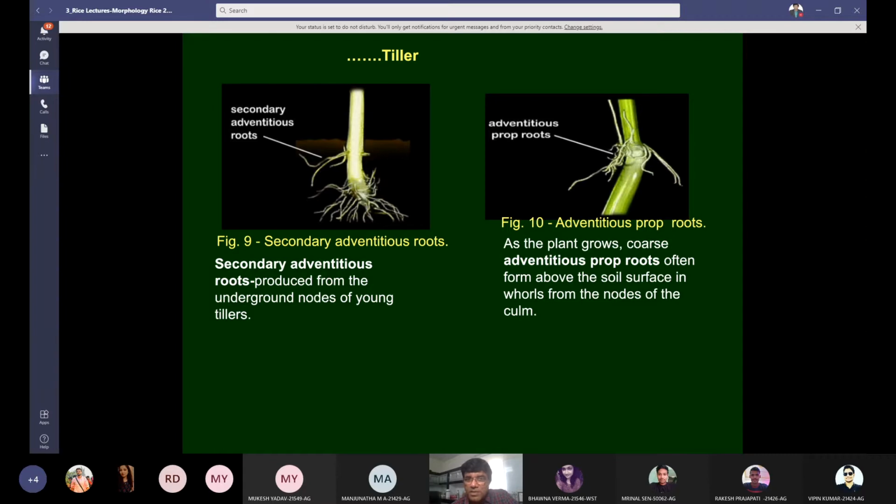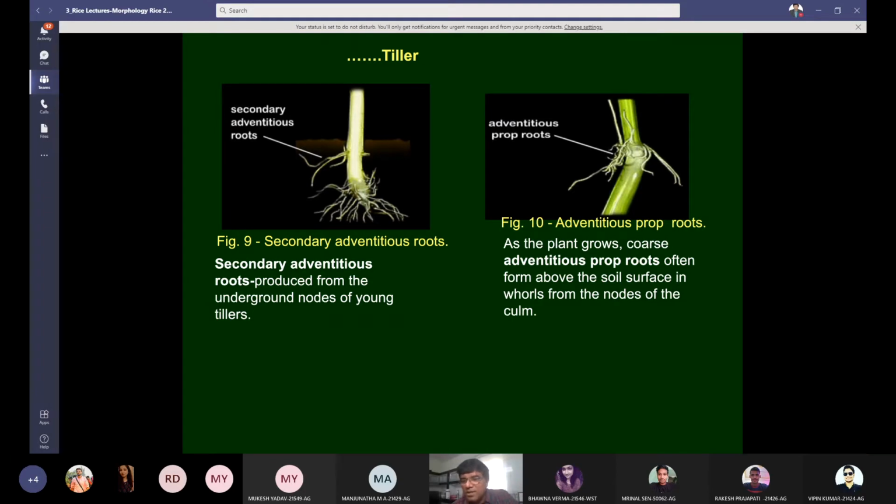That region of the stem having nodes and internodes, those nodes and internodes are so close that they cannot be seen by naked eyes, but they are there. Those nodes, which are part of the stem but staying in soil, will make your adventitious roots inside the soil. As the plant grows, coarse adventitious prop roots often form above the soil surface from the nodes of the culm.